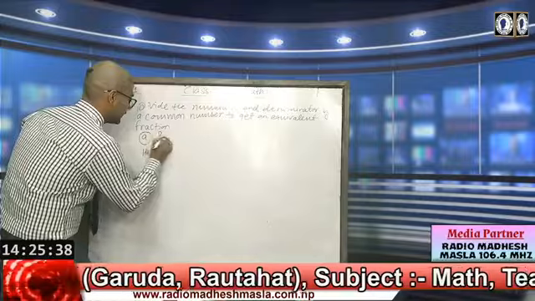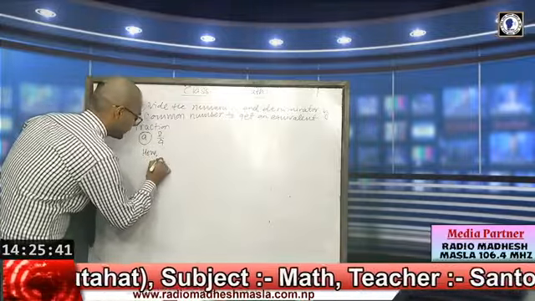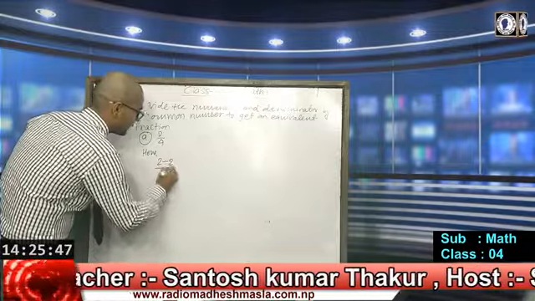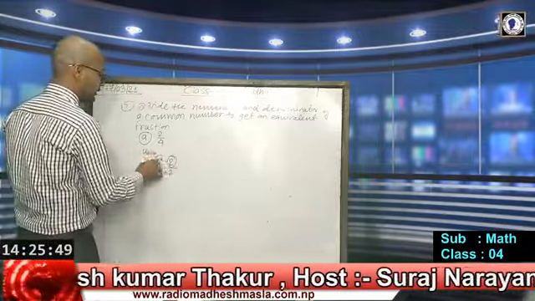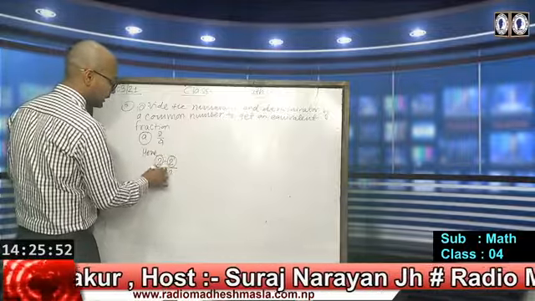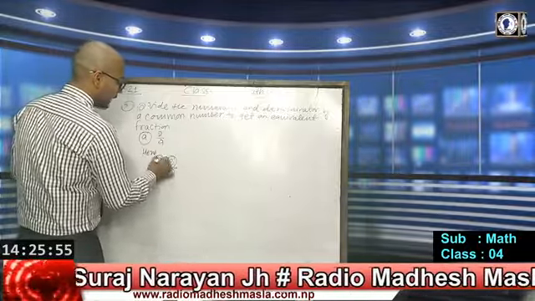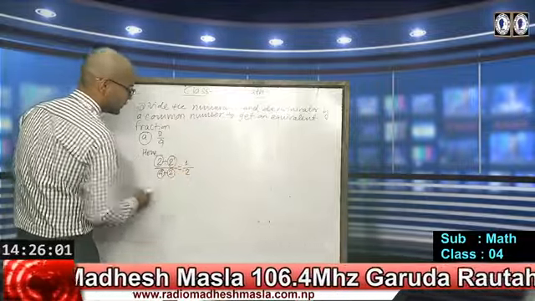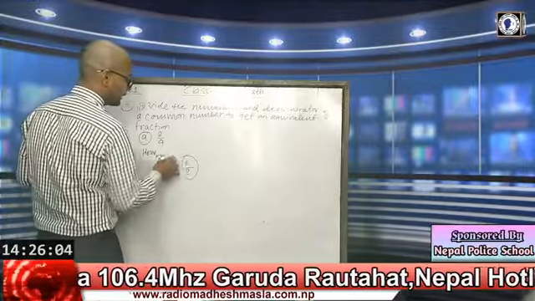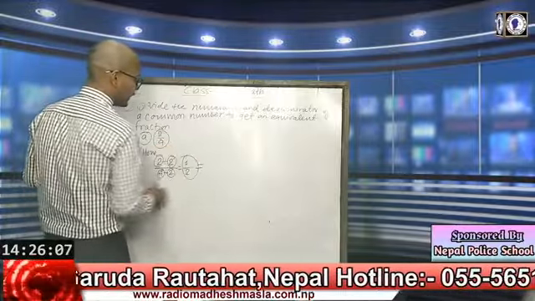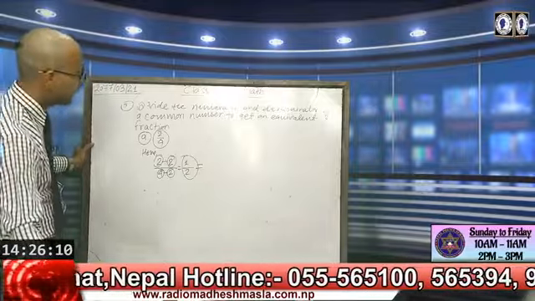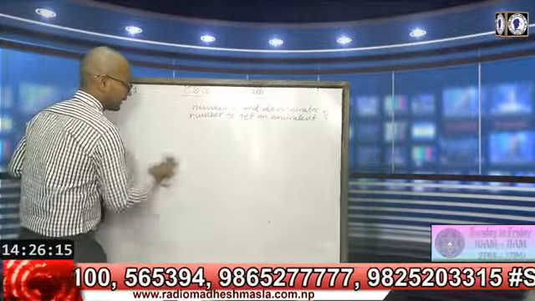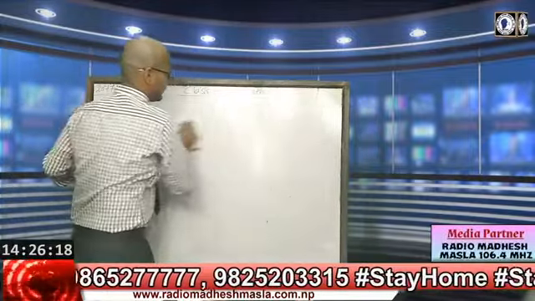So here 2 is a factor of 4, so we can do it like this. Suppose 2 is divided by 2 and 4 is also divided by 2. It means 2 is divisible by 2 and 4 is also divisible by 2. After dividing, 2 ones are 2, it means 1, and 2 twos are 4, it means 2. It means the equivalent fraction of 2 by 4 is 1 by 2. In this way, we can find the equivalent fraction of the given numbers by the dividing method.